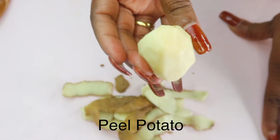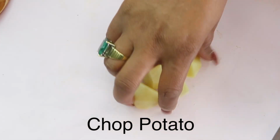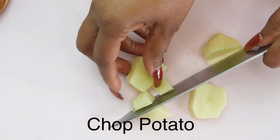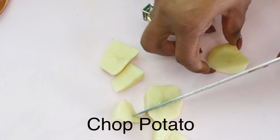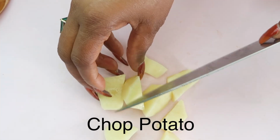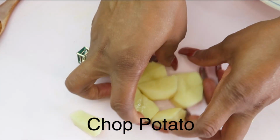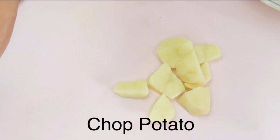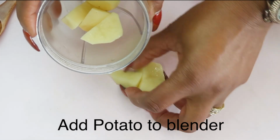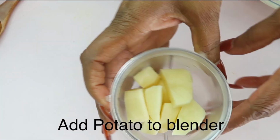So here we have the peeled potato. What I'm going to do, I am going to be blending the potatoes. So I'm going to chop them in small pieces for easier blending. Now, while we're chopping the potato, guys, the potato is also good to make a facial mask. However, today we are making a facial wash. Now, if you do not have the regular Irish, you can also use the red skin potato, but not sweet potato. Now, once this is done, we're going to add the chopped potato to a small blender,